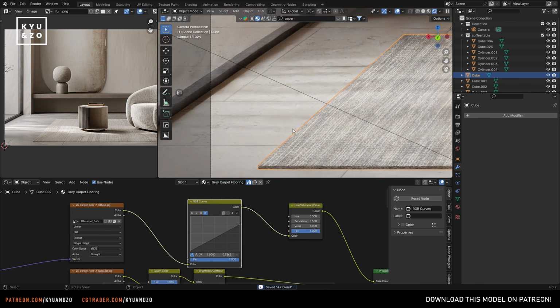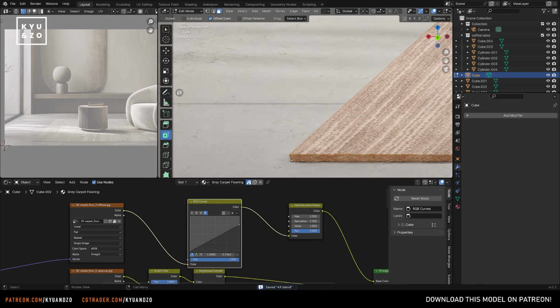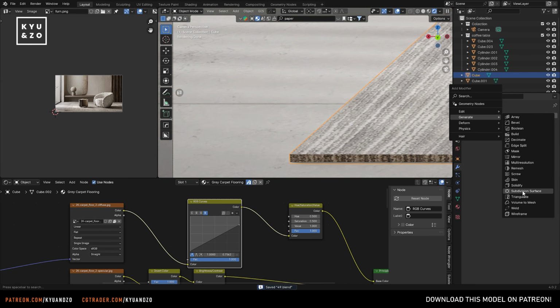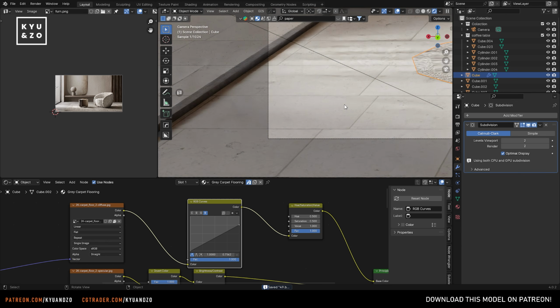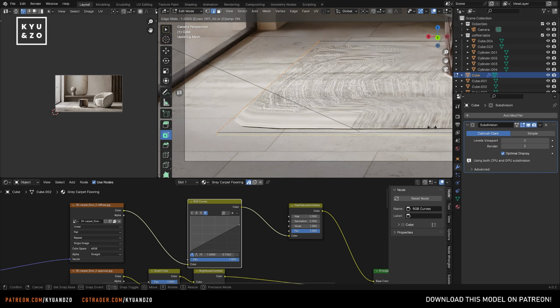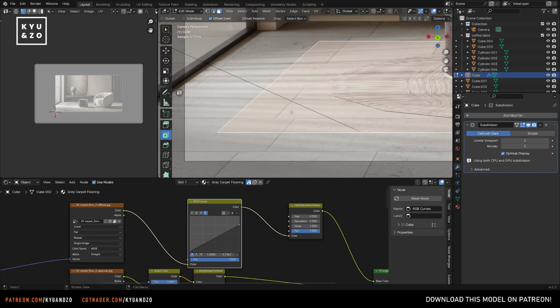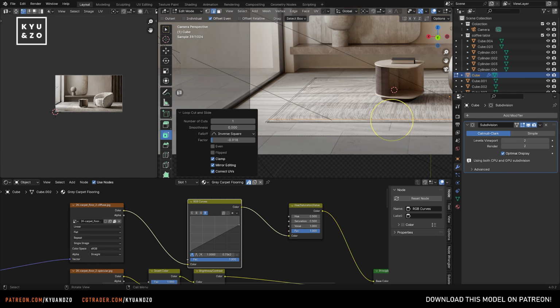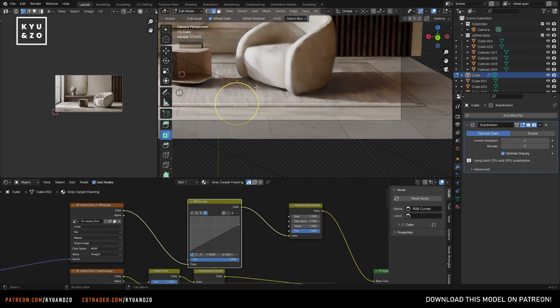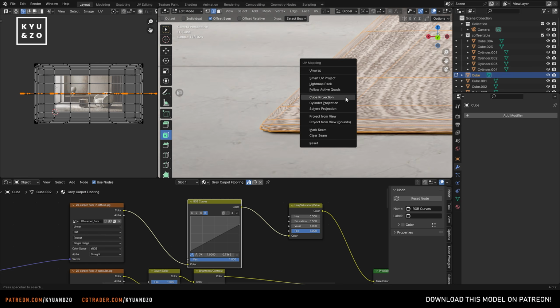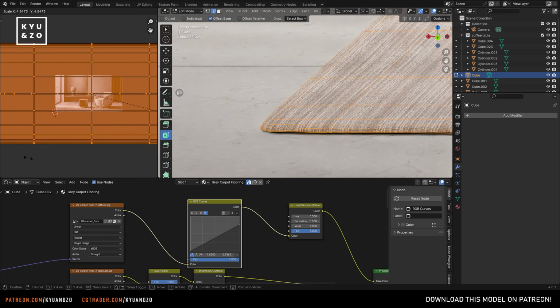By the way, if you find this, oh, what is this? Okay, yeah, always get closer and check it. So it's not looking natural because you can't see that kind of carpet here, so sharp corners. Let's add some loose loop cuts here. Okay, now it's looking a little bit more organic, and I'm gonna apply scale here too, cube projection, and yeah,